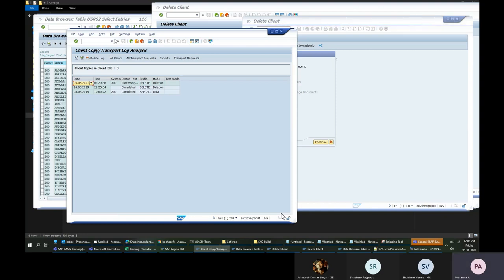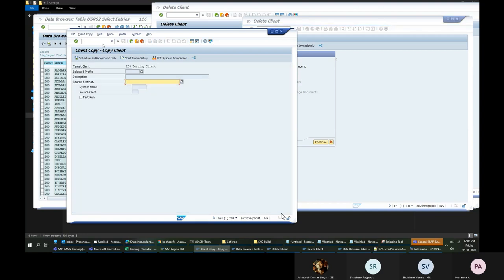And there is one more T code. Since you asked about the client copy, this SCCL T code is a local client copy. It means I copy the client from this ES1 system itself, from the 000 client or a different client, to a new client. There is also an option where I can copy a client from a totally different system.